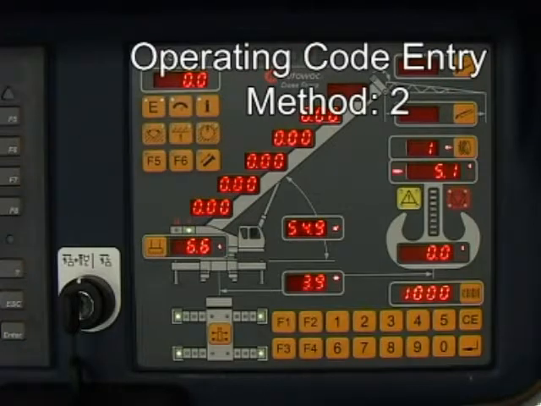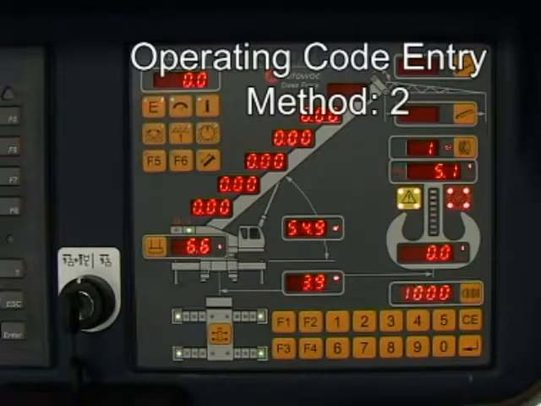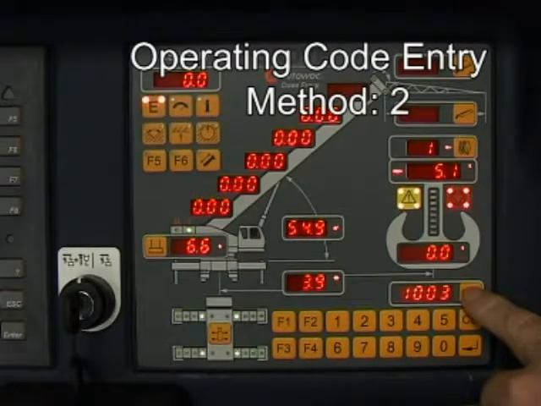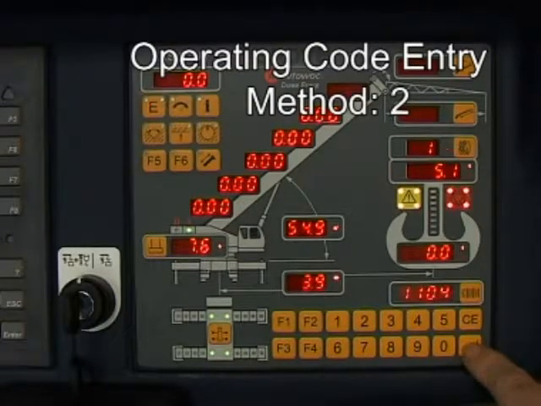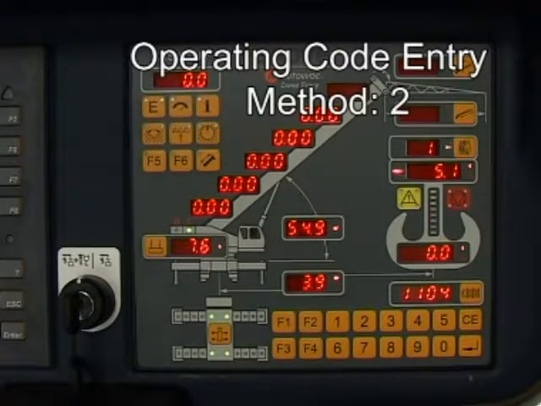An alternative method is to press F1 and then press the RCI operating code input button. The value will now flash. Now repeatedly press the operating code input button to select the required RCI operating code. Now press the Enter button and then press the RCI operating code input button to accept the entry and remove